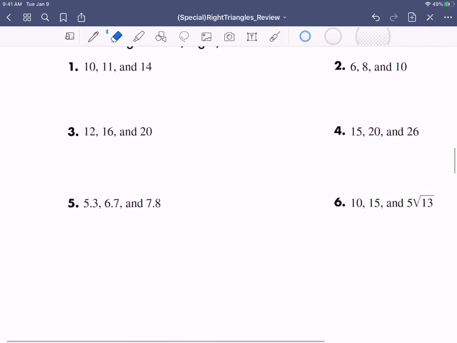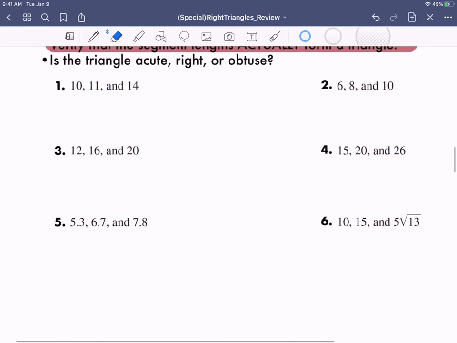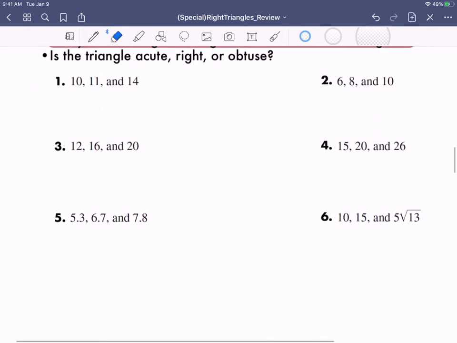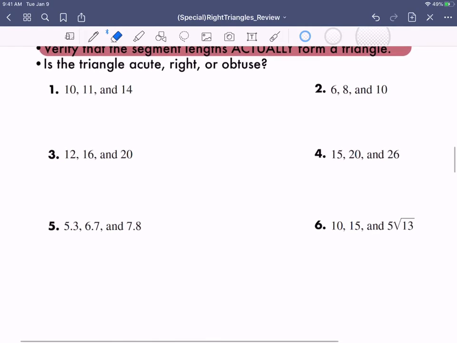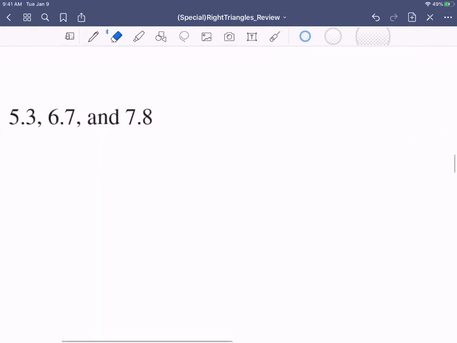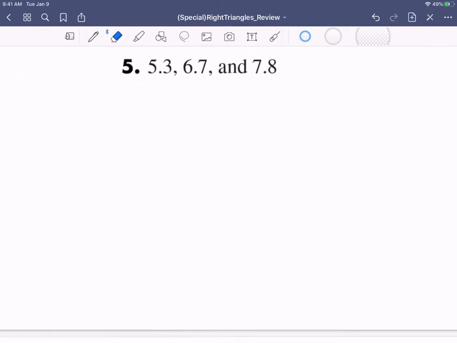But now that we know they're all actually triangles, we need to determine whether these triangles are acute, right, or obtuse, one or the other. There has to be one of those if you have a triangle. So those are angle classifications. We know that most of these are scalene. Even if they're equilateral or isosceles, it doesn't matter, those are side classifications; you can still determine whether you have acute, right, or obtuse. So the rules on that, I'm going to write over here real quickly,